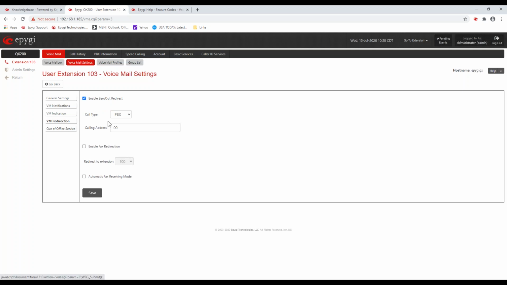You can also press leave a message on your greeting that says if the call is an emergency, please press 0 and you'll be redirected to whatever number or extension that you put in here. Okay, if it's going to an external phone number, anytime you're going to external, always use the option auto, and this will point the call